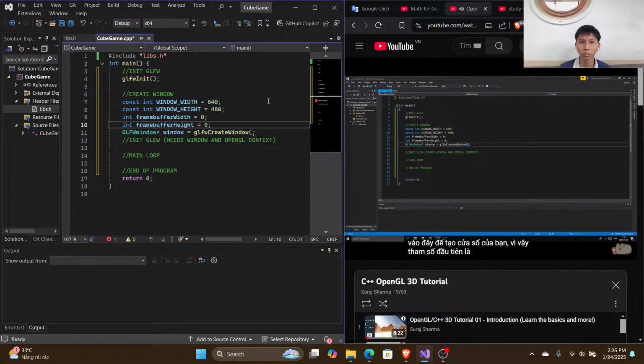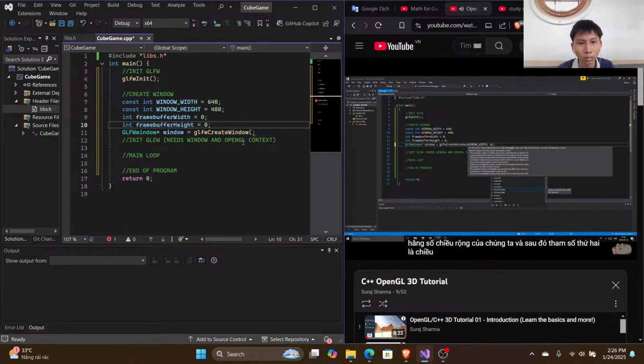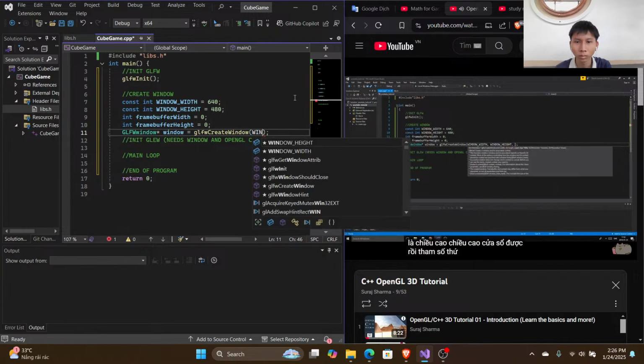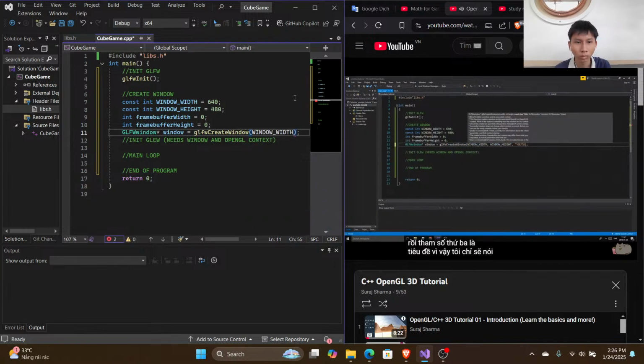So the first parameter is the width of the window. The constant, we're going to use our constant, the width. And then the second parameter is the height, window height. All right. The third parameter is the title. So I'm just going to say YouTube